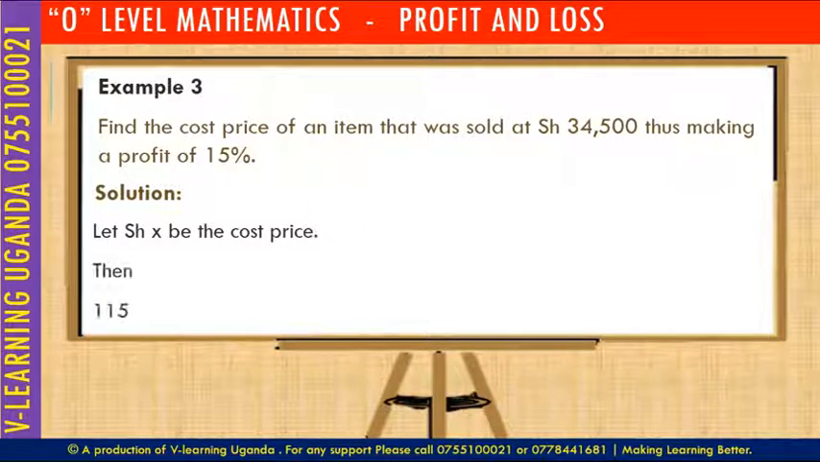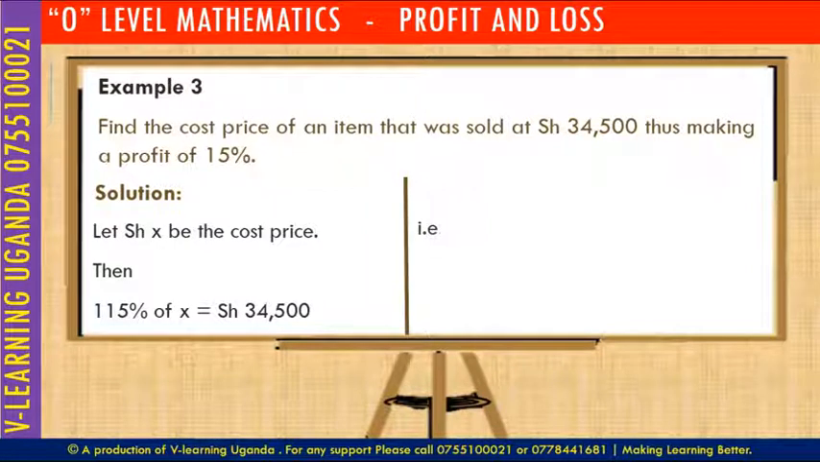So we get 115 when we add 15 to 100% of X should give us the selling price, which was 34,500 shillings. And that means 115%, that is 115 out of 100 x equals 34,500. Therefore, when you simplify here, we see that x will be